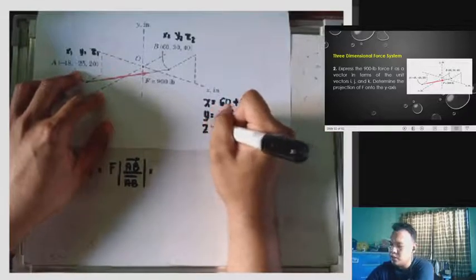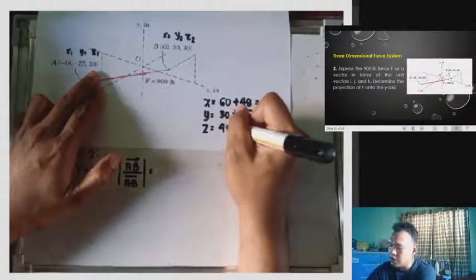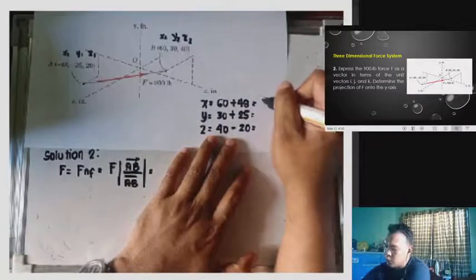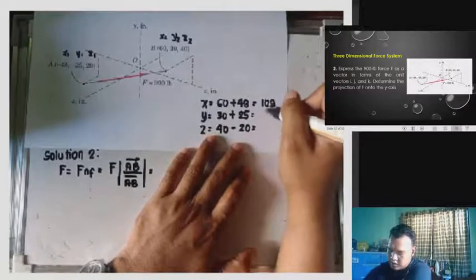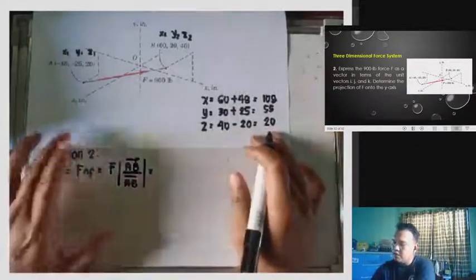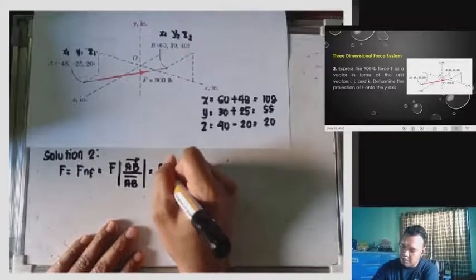Then si z, which is z sub 2 minus z sub 1, 40 minus 20 equals. Ito ay lalabas 108, 55, and 20. Therefore, we have here F, which is equivalent kay 900 pounds,